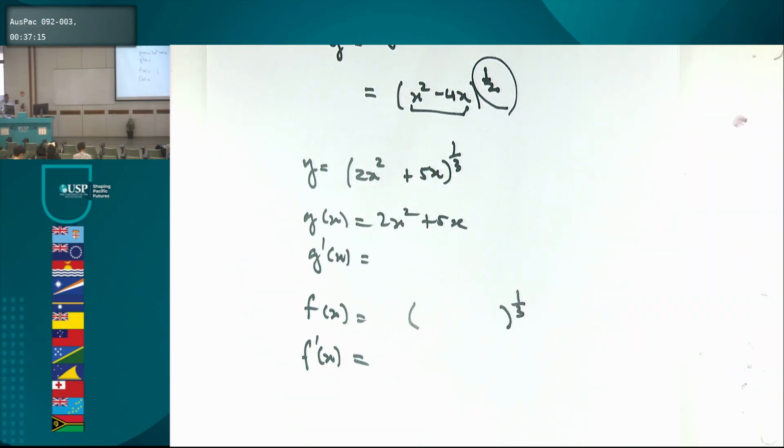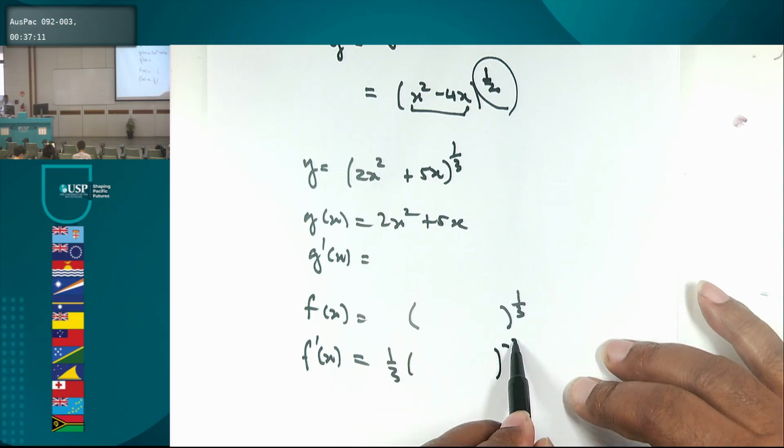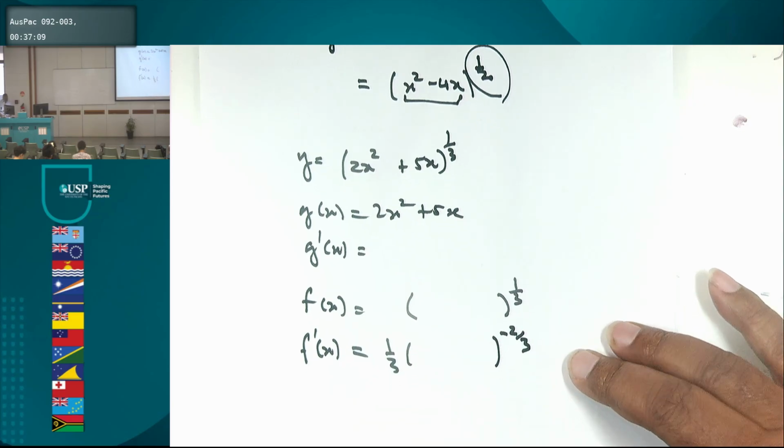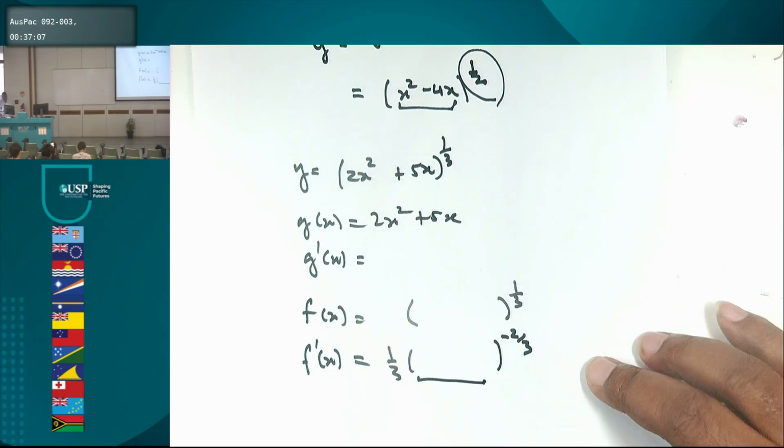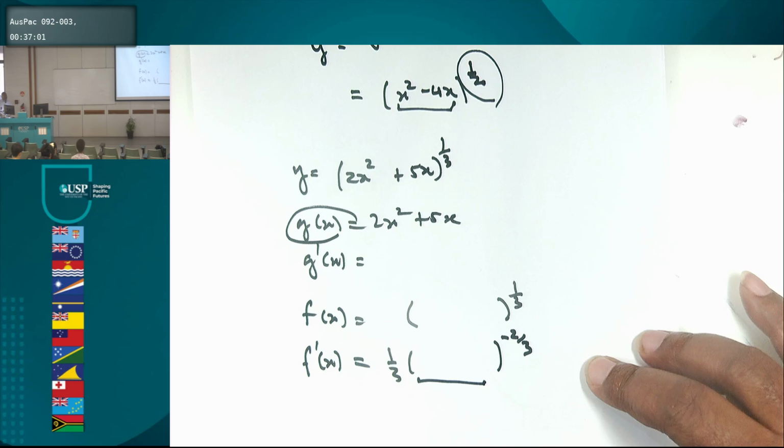So that means 1/3. What should I have in here? The g x, the inner function remains unchanged. So that means,